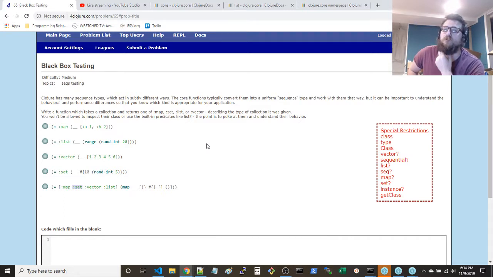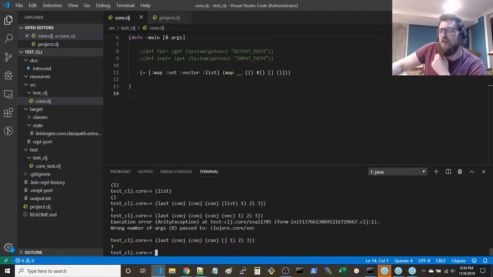Oh, I think I know what to do. If you conjoin with the set the same element twice, an element that's not in the set, you've got to find an element that's not in the set though. Oh, I have an idea. Okay, I got it. If you add an element to the set, if it's in the set already, it won't increase the size of the set. If it's not in the set, now it is, you can add it again and it won't increase the size. That's how you can tell if it's a set or not. So that's unique to a set. All the other cases, you can always add more, and it'll increase the size.